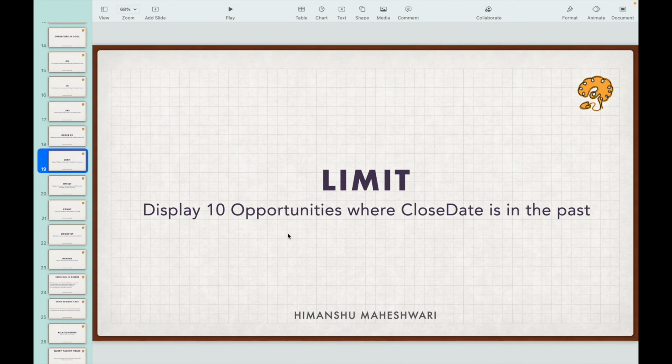Cool. What is our use case here? It says display 10 opportunities where the close date is in the past. Now understand the question. What is the object? Opportunity object. Is there a filter? Yes, it says the close date should be in the past. And how many records? 10 records. So I have to use the limit operator also. So I'll say